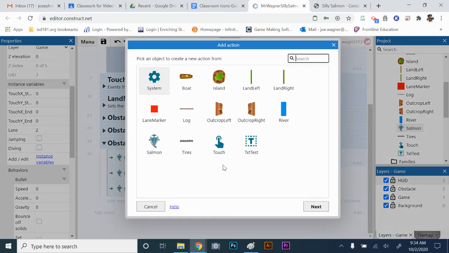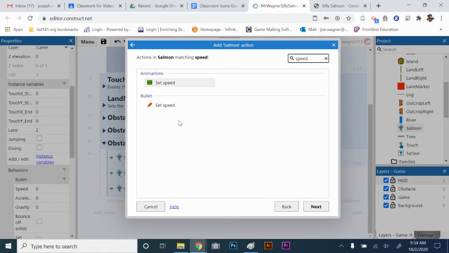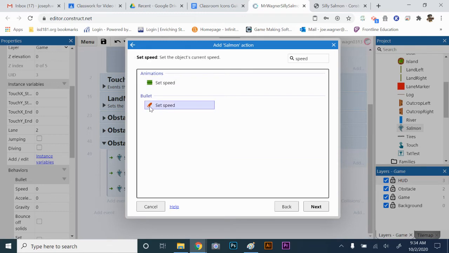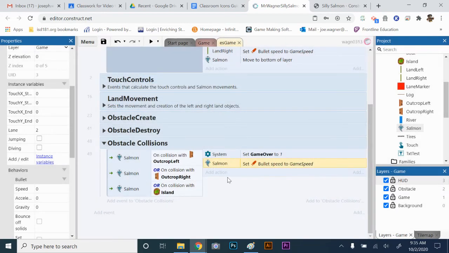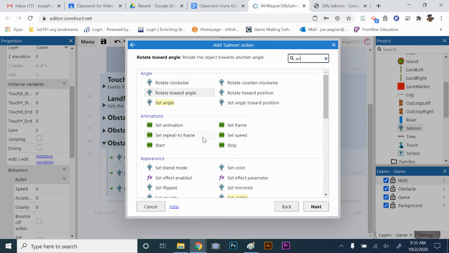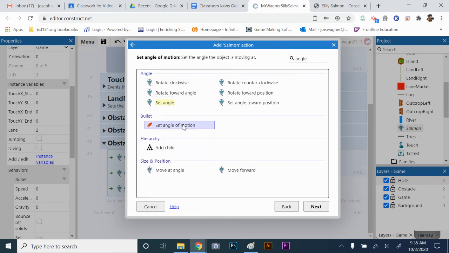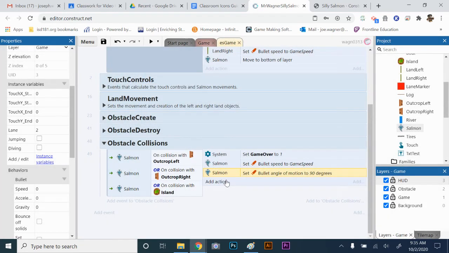So what I'm going to do is we are going to do salmon. We are going to set bullet speed. So I'm just going to type in speed. And we're going to make sure we pick the bullet speed, so the one with the bullet symbol next to it. And we're going to set that to game speed. That way it'll match the speed of whatever the island is, because everything is based on game speed. And we're going to add another action for the salmon. And we have to change his angle of motion. So we're going to say bullet angle of motion is going to go to 90. That's going to push him down. Okay. All right, that should work there. Now what we're going to do